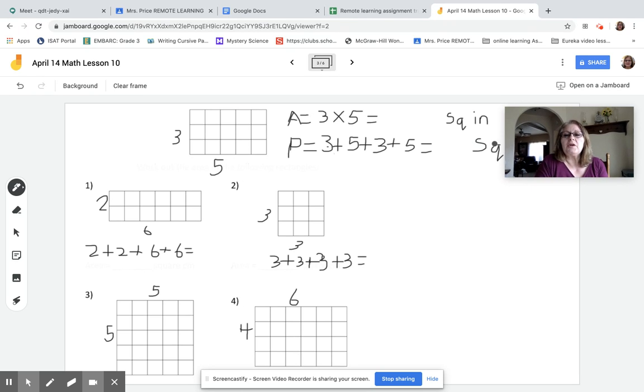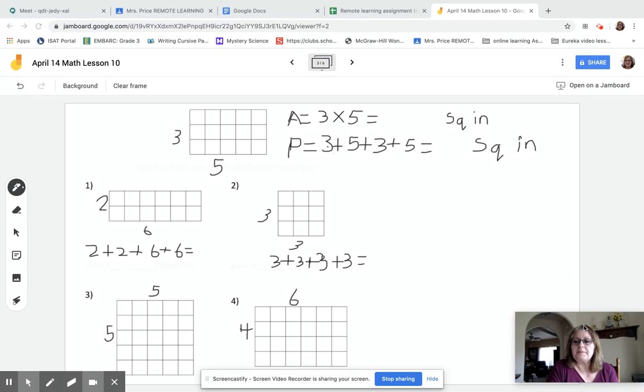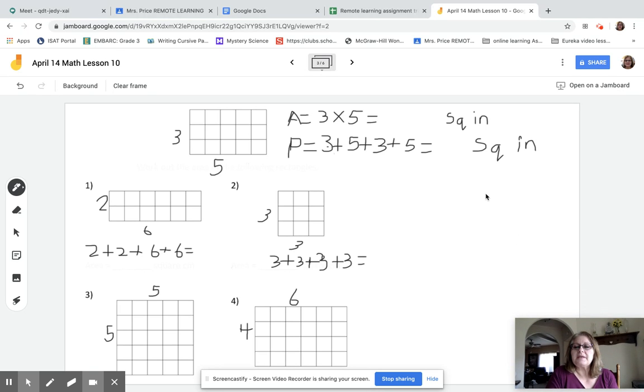Up here, this shape is 3 by 5, and we can see that by the little squares, right? So the area is 3 times 5 equals